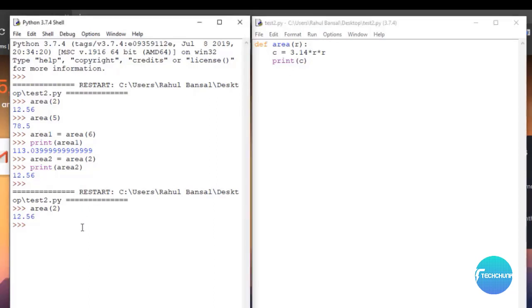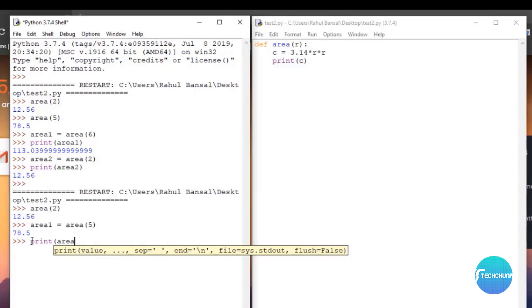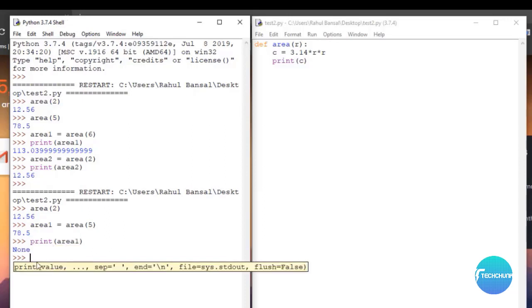So if we try to assign a value from this function, what will happen? Area 5, and it is executing this, printing because there is a print. But when we print this area1, it says None.